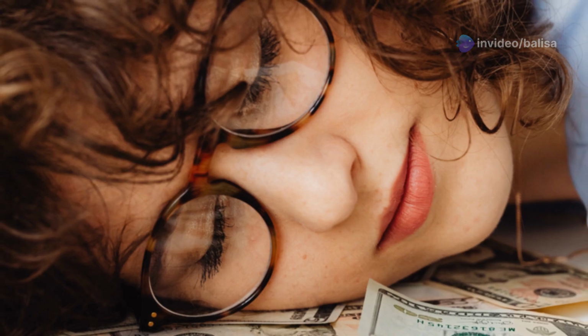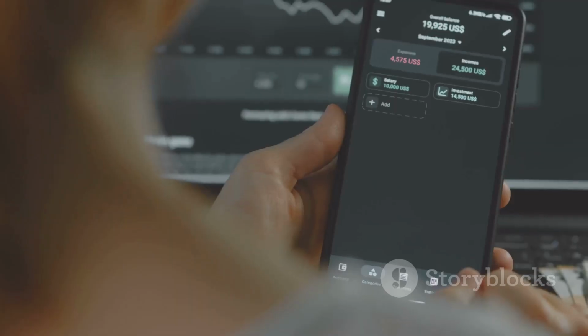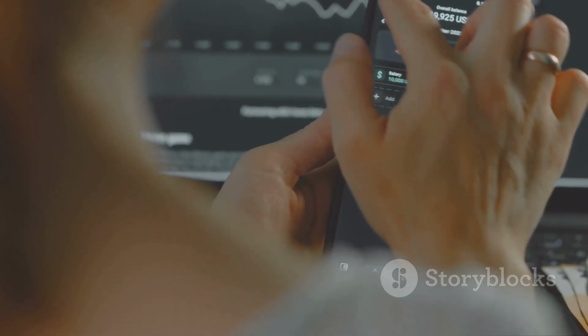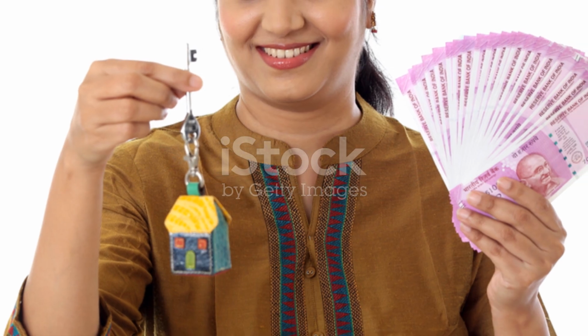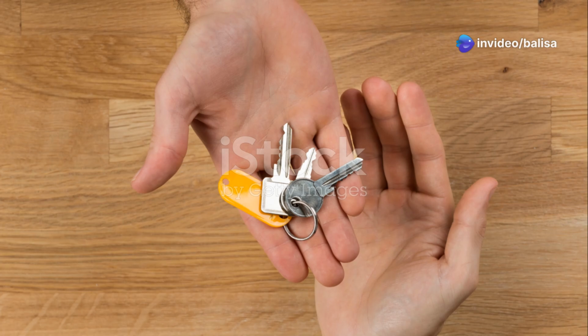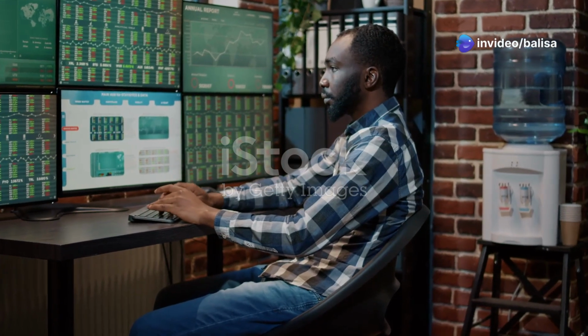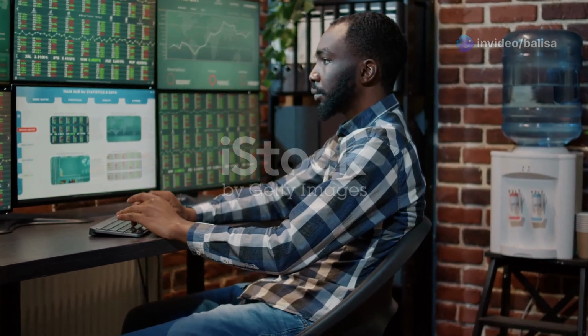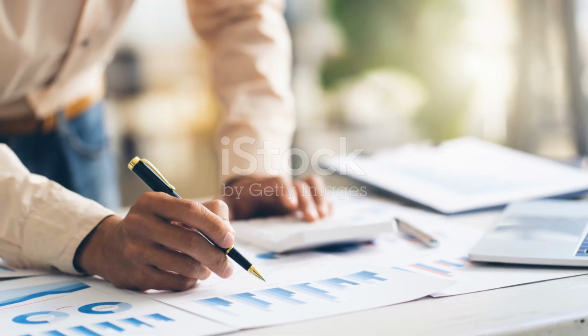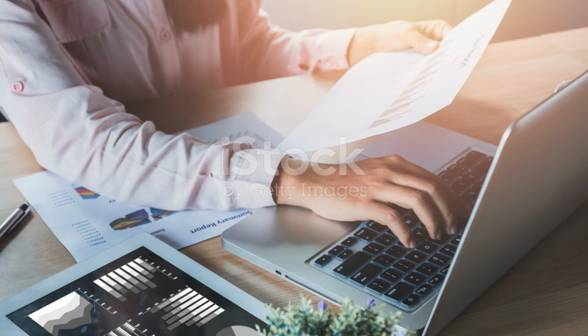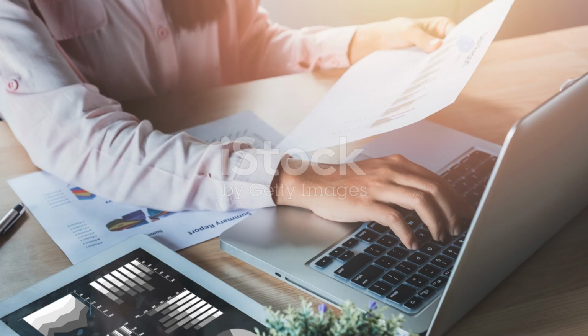Next, we have passive income. Passive income. This is the dream, isn't it? Money that flows in, even while you sleep. This could be income from rental properties, royalties from books or music, or dividends from investments. And then there's portfolio income, which comes from your investments in the stock market. Think of stocks, bonds, and those lovely dividends that get reinvested to grow your wealth over time.